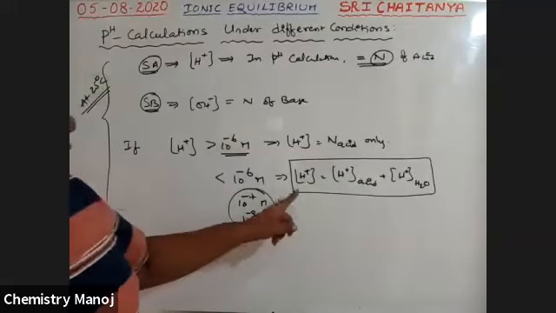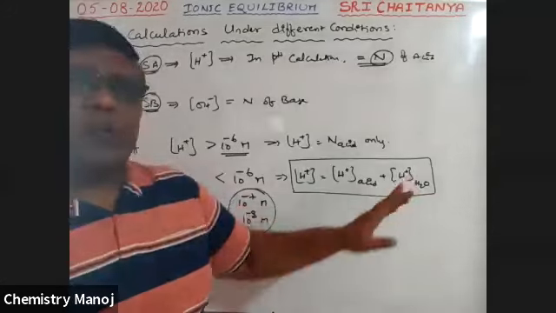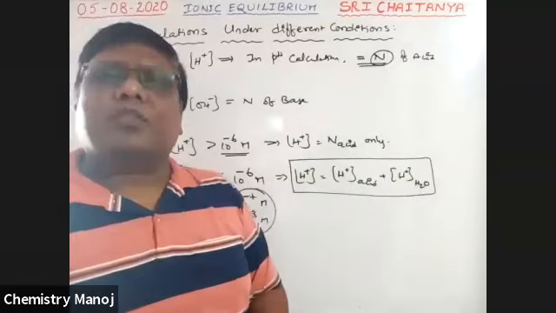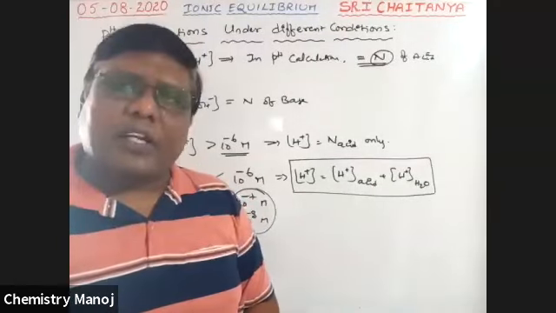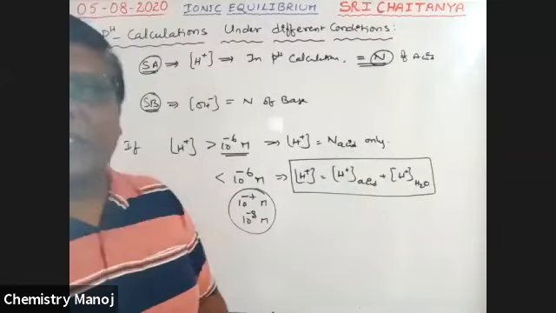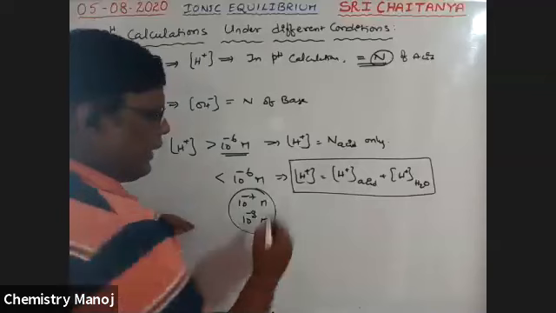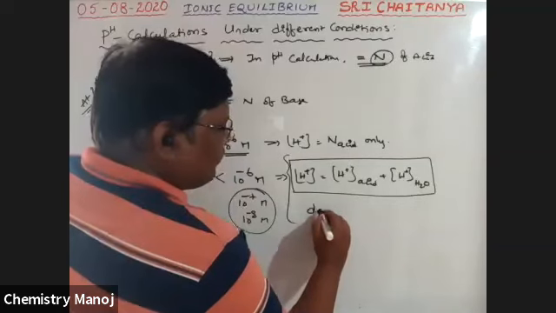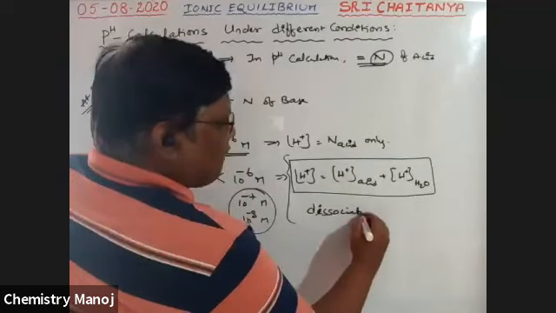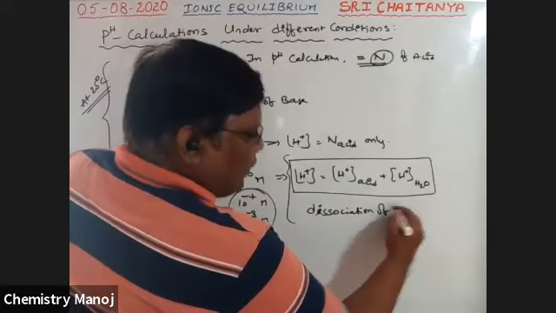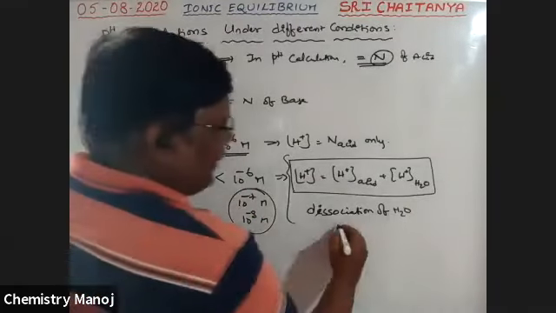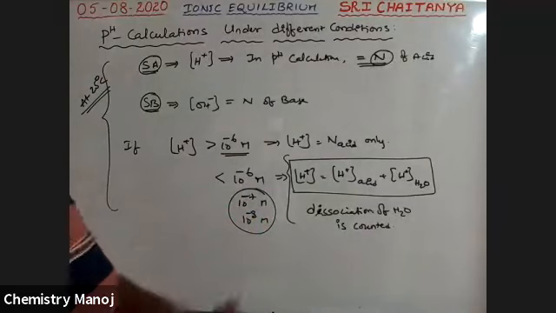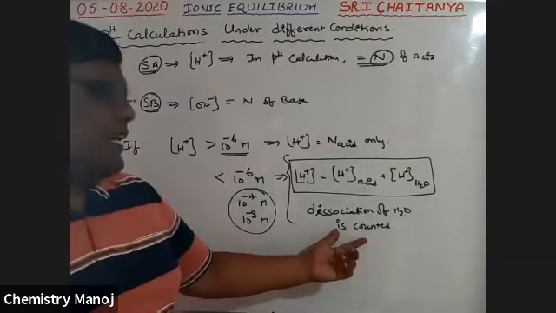H plus concentration is equal to H plus from acid and H plus from water, because it is a very, very weak acid. So H plus from water is also considered. At 25 degrees centigrade, H plus from water is equal to 10 power minus 7, boys. That value is also used. And also the dissociation of water is counted, that is the degree of dissociation, alpha, and that alpha value is also considered. If this is considered, that gives the exact value.